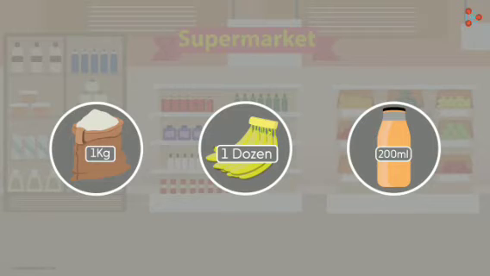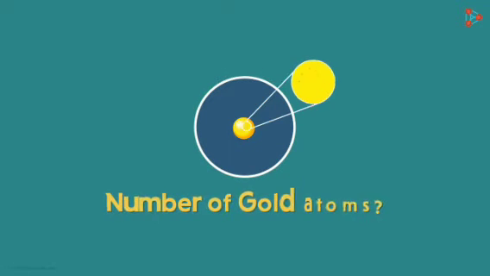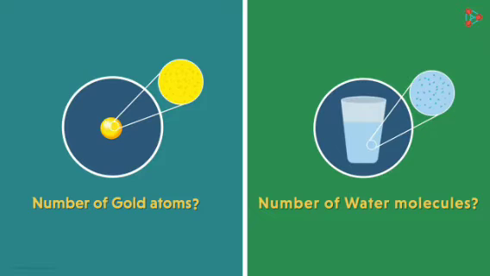But what if I want to measure something in terms of the number of tiny particles present in it? Let me explain this in detail. Looking at this pure gold, can you tell me how many gold atoms are present in this? Or wait, looking at this glass of water, can you tell me how many water molecules are present in it? You will probably say that it's practically impossible to calculate the number of atoms or molecules in these examples. But astonishingly, chemistry has an answer to this as well.